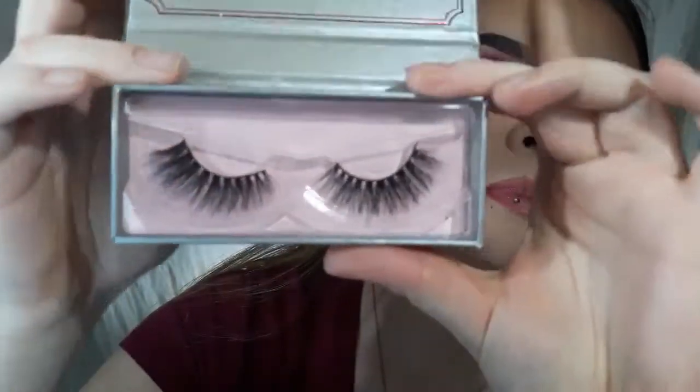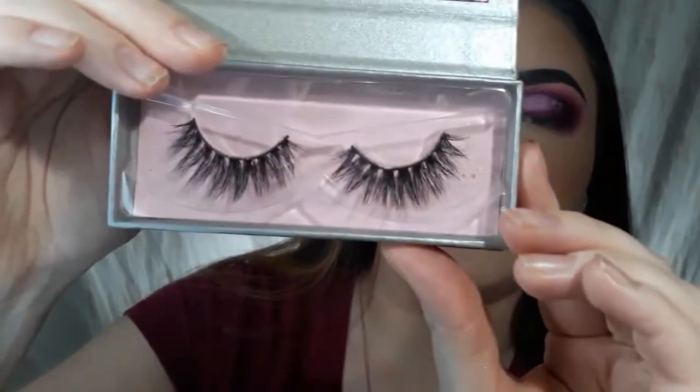So these are the Sticks and Sponge lashes. I'm going to take the style D20, which looks like this. And then I'm going to take the style 3D08, which looks like this. And I'm going to stack them. So how you stack lashes, I'll start with